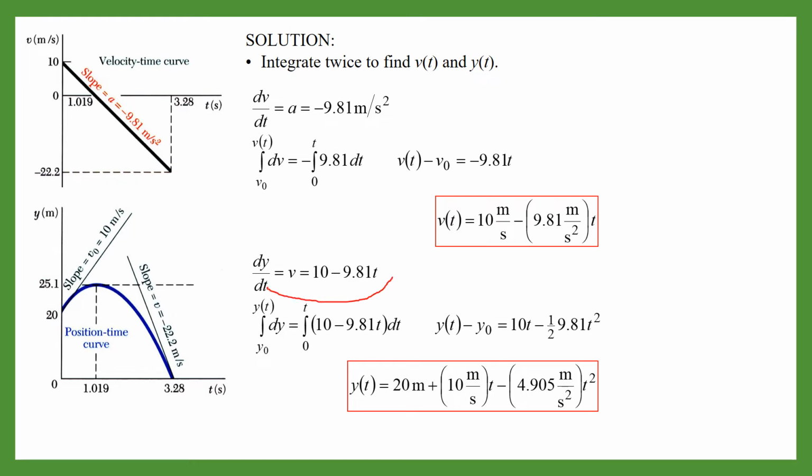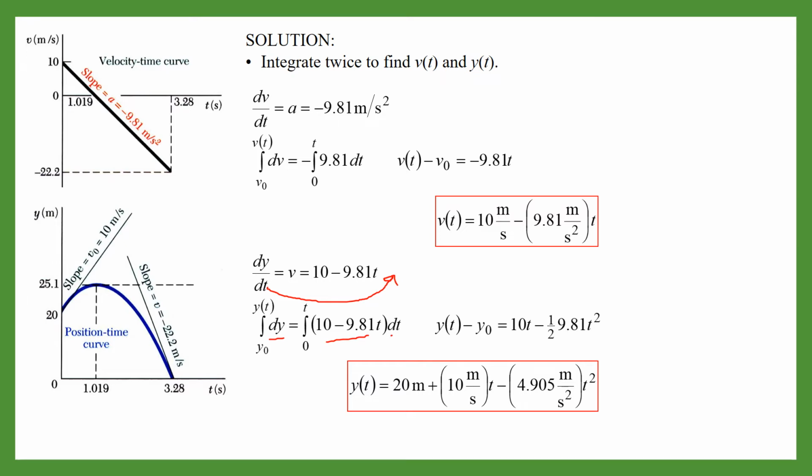So this is 10 minus 9.81 t into dt, and on the LHS we have dy. Just integrate this, then you will get this expression: yt minus y naught is equal to 10t minus 1 by 2 into 9.81 t square,